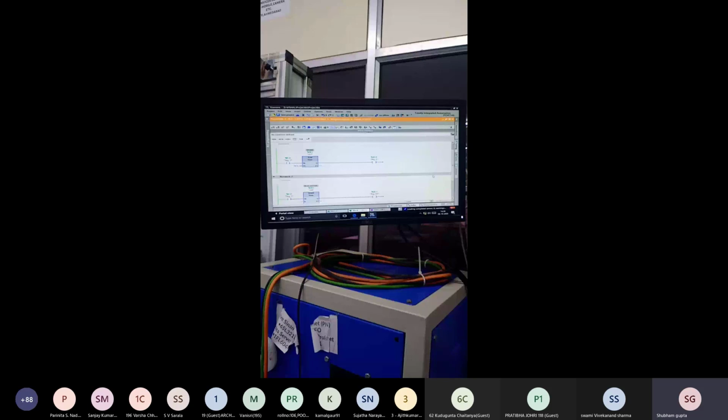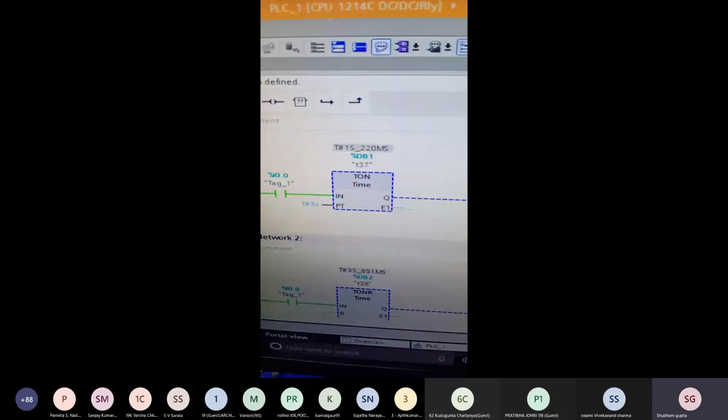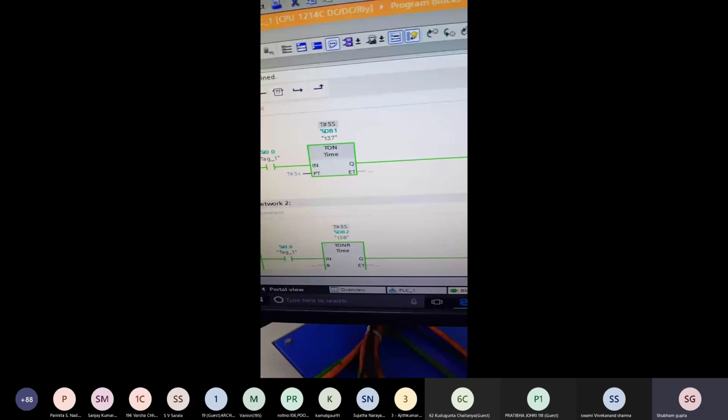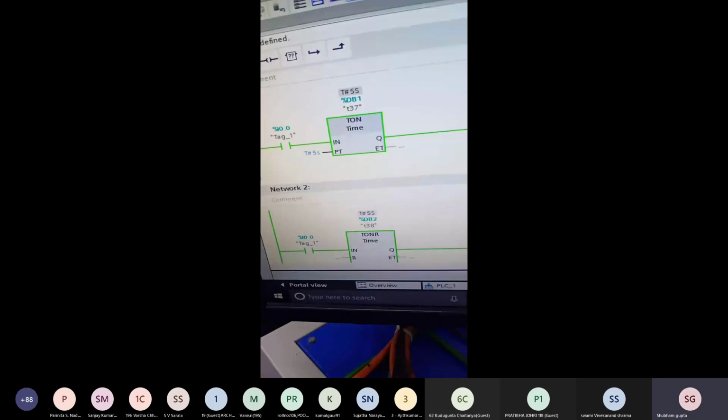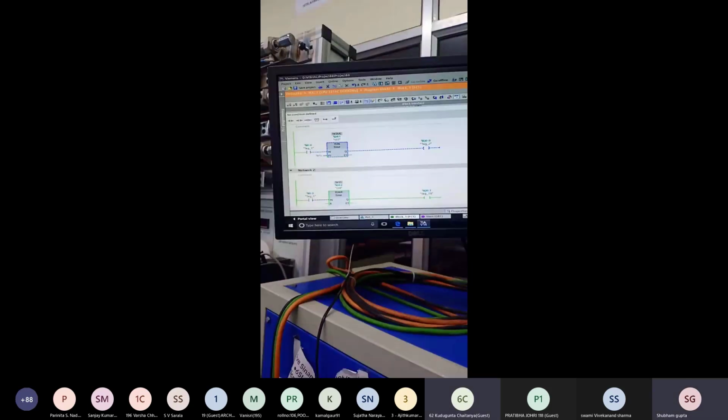And when we start that switch, the TONR timer, the retentive timer, stores its timing value if we stop in between the process. But if we use the T-on timer only, it does not save any time value. It counts from 0. Again, it starts from 0.